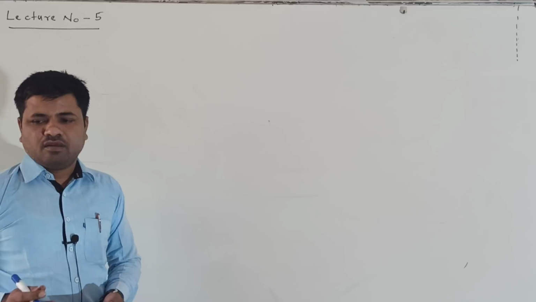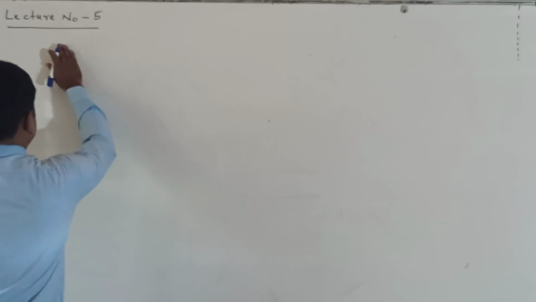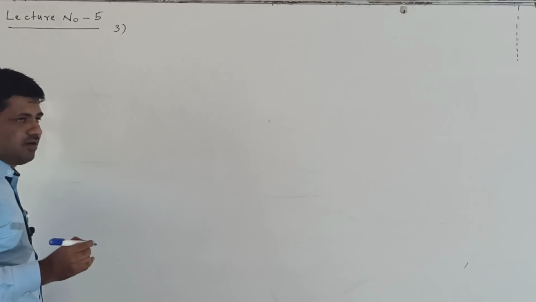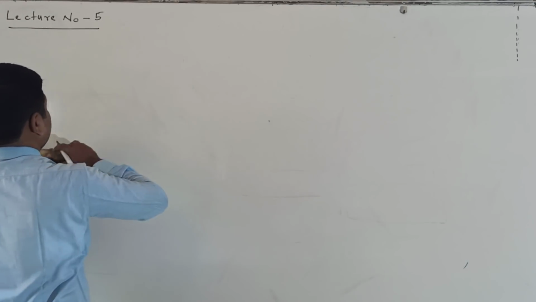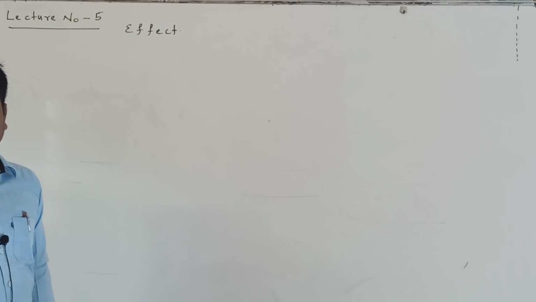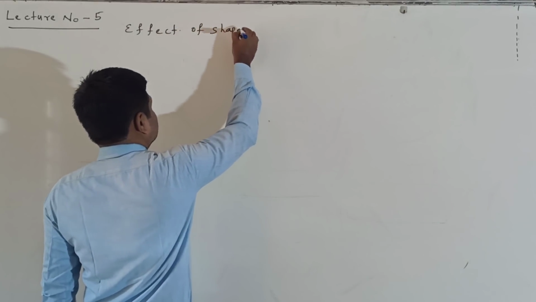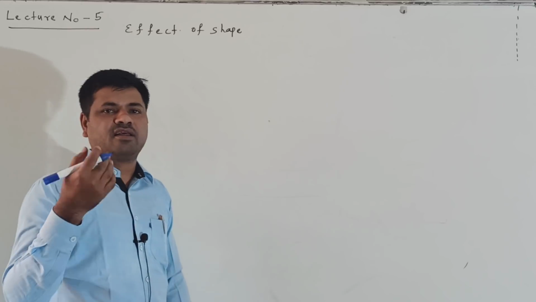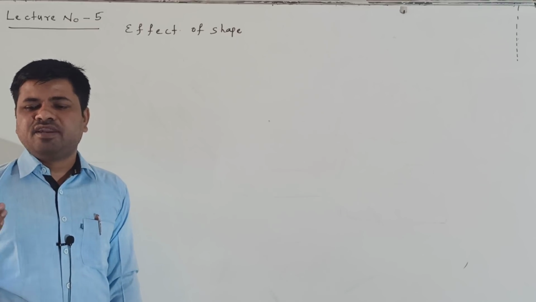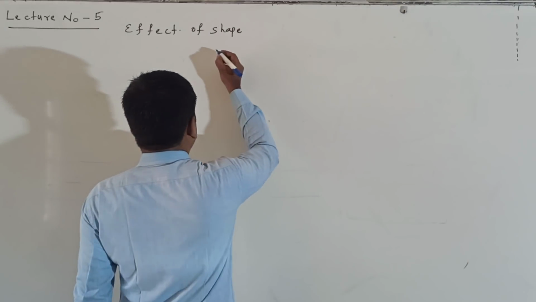Next, listen here. Next point here, effect of shape of the earth. The third effect; the second one we have discussed is depth. The third one is called the effect of shape of earth. Four factors depend upon the acceleration due to gravity: height, depth, shape and rotation. Rotation is called the variation of g with latitude.